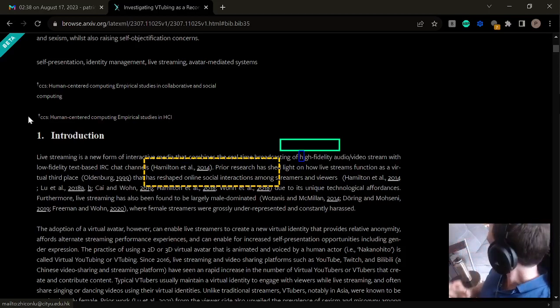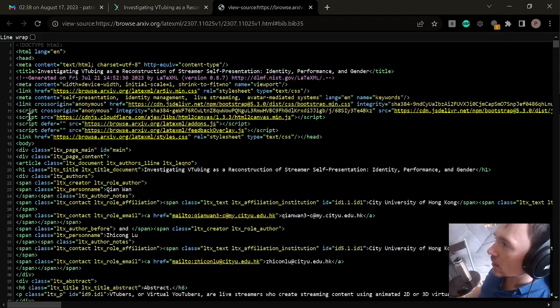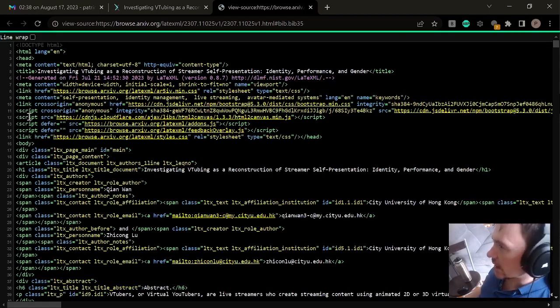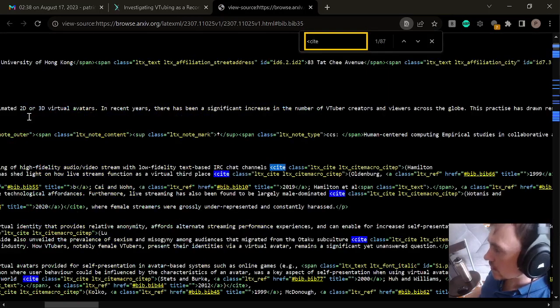One thing I am curious about is whether or not the cite HTML element was used in these citations. So I'm going to quickly look at the code. Cite. Result 1 of 87. Can't use the